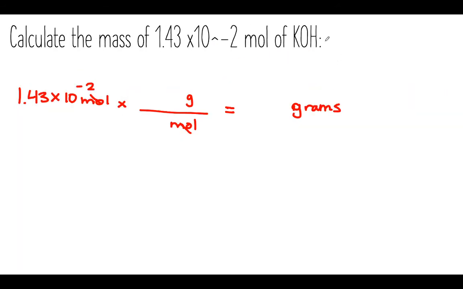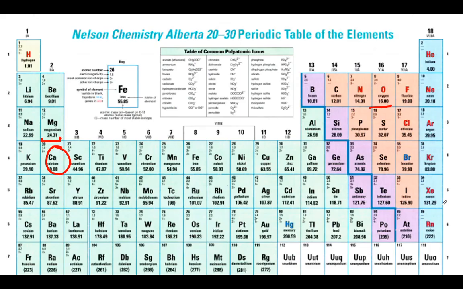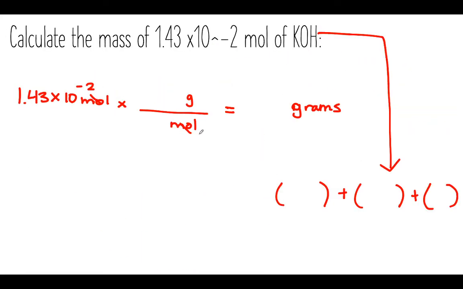My molar mass of this compound will depend on the 3 elements, which are potassium plus oxygen plus hydrogen. So let's go back to our periodic table and take a look. Hydrogen has a molar mass of 1.01, oxygen has a molar mass of 16, and potassium has 39.10. So potassium 39.10, oxygen 16.00, and hydrogen 1.01. Because there's only one of each of these elements, all I would have to do is just add these up. So 39.10 plus 16 plus 1.01 will give me